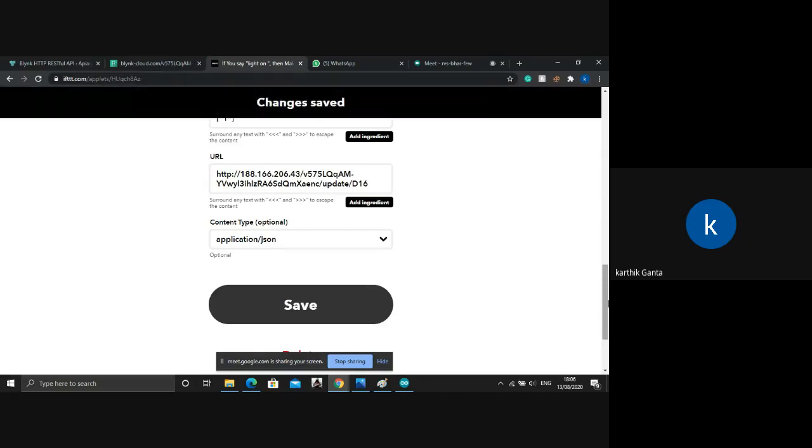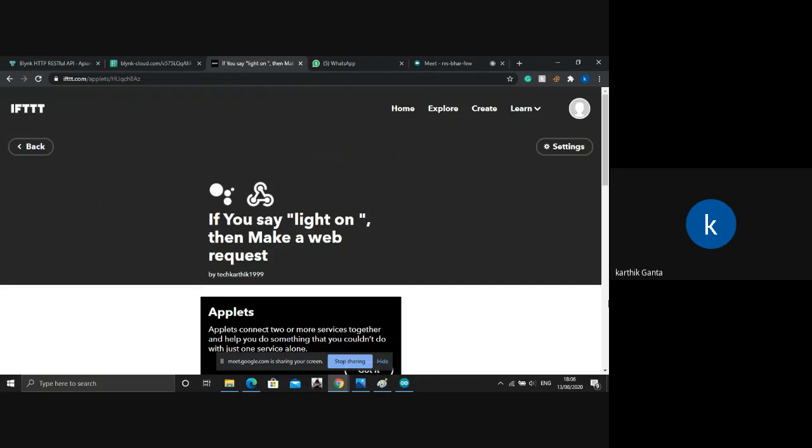You can always go back and debug it. Now, what we'll do is we'll just go to our Google Assistant and make sure that our Google Assistant can make changes in our device. For example, I'll just say in our Google Assistant, turn on the light. That will trigger the